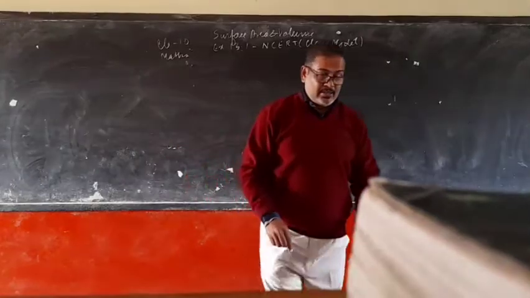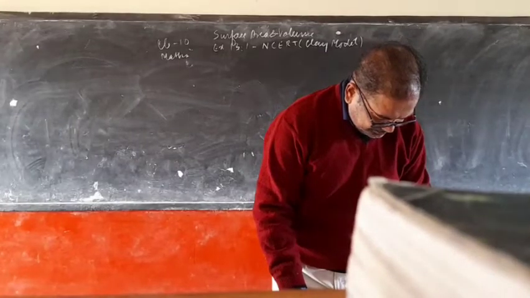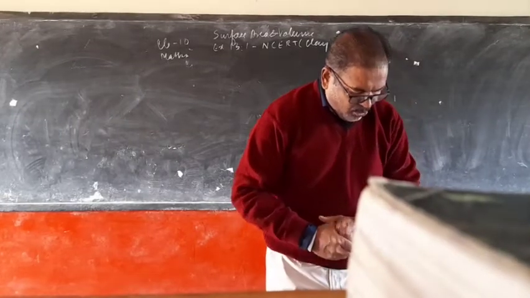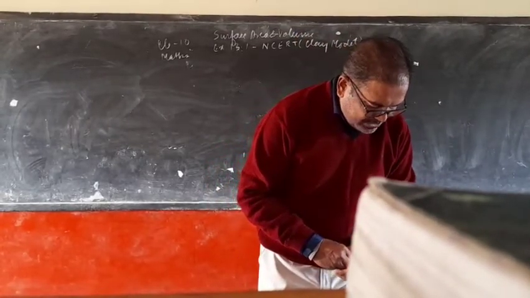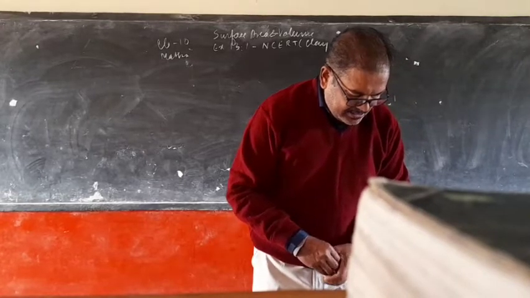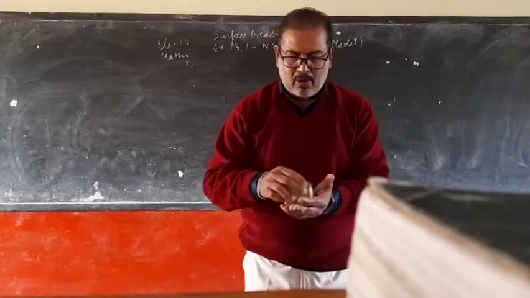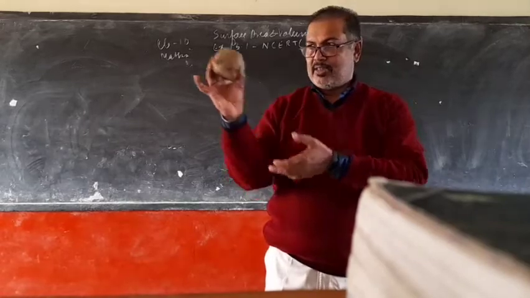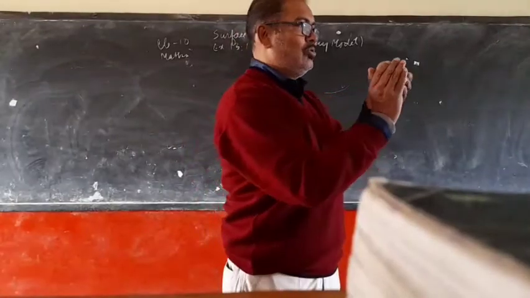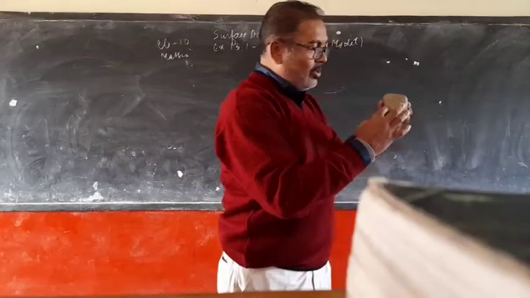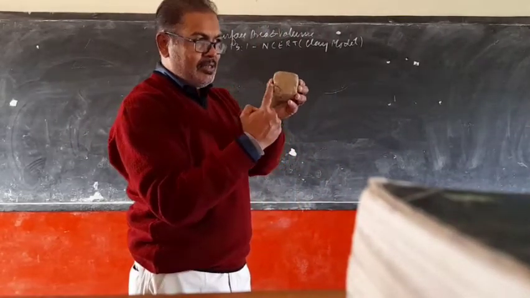Now see, I am going to explain question number 4 of exercise 13.1. A cubical block of side 7 centimeter is surmounted by a hemisphere. Now here, I make a cubical block. You can see from the clay, this is the cubical block. A cube, right children? A cube is visible, right? And what is the side of this one? 7 centimeter in length, 7 centimeter in breadth, and 7 centimeter in height.